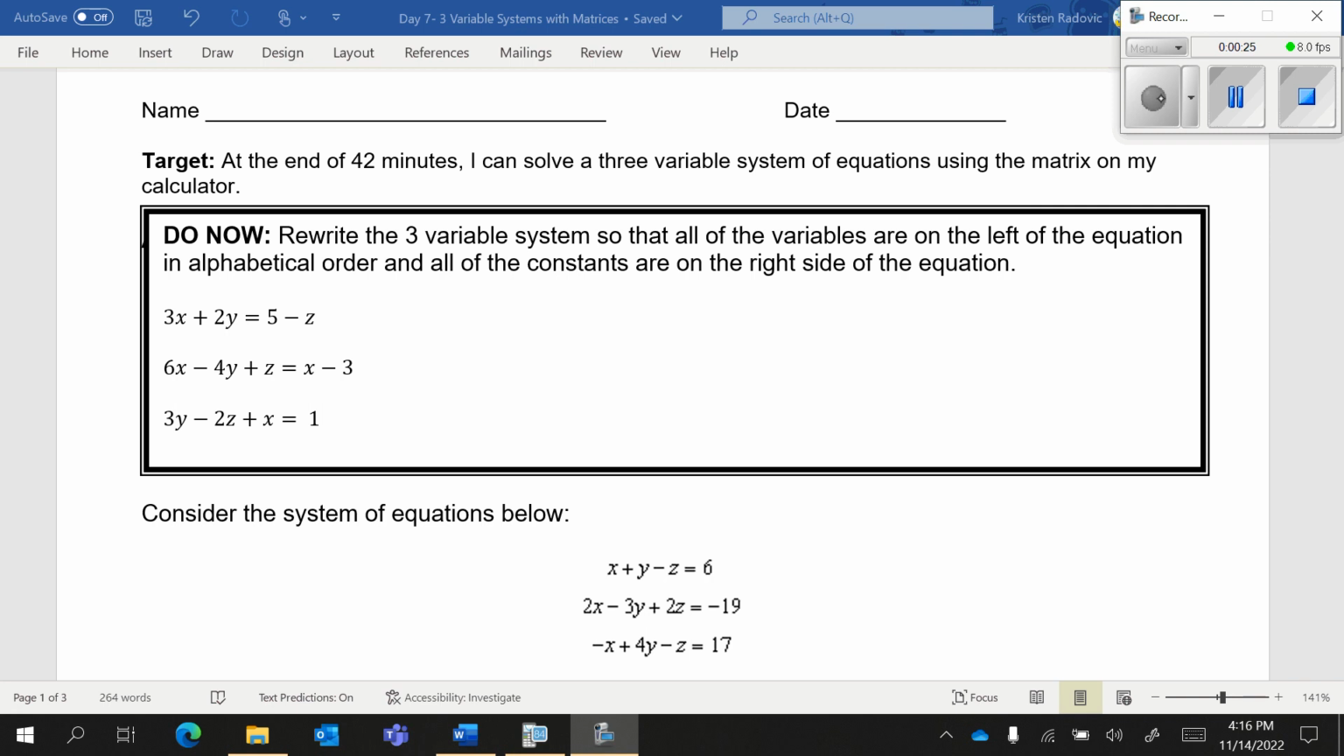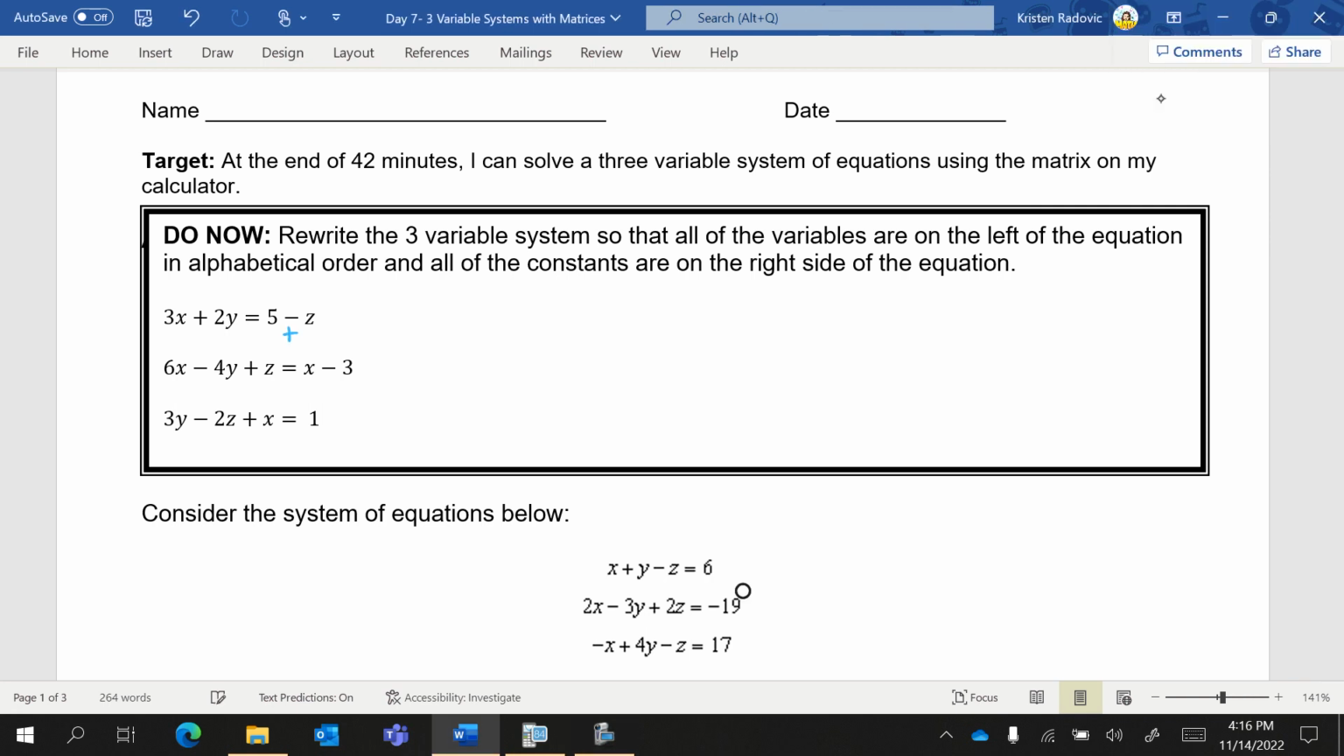What that means here is that for my first equation, the z is on the right-hand side. I want to bring the z over to the other side. And that's going to give me a new equation that is 3x plus 2y plus z equals 5. So now all my letters are on the left, all my constants are on the right, and everything's in alphabetical